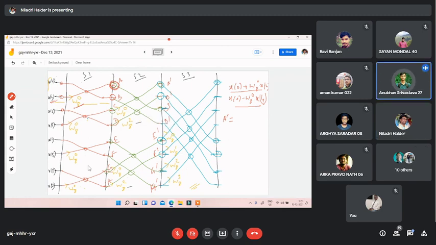A plus W80 into C. And B1? B plus W82 into D. Exactly. So in that way, again you will get A1, B1, C1, D1, all the values. And in that way, you will get the output. The output will be your X0, X1, up to X7. There will not be any bit reversal. It will be in natural order.